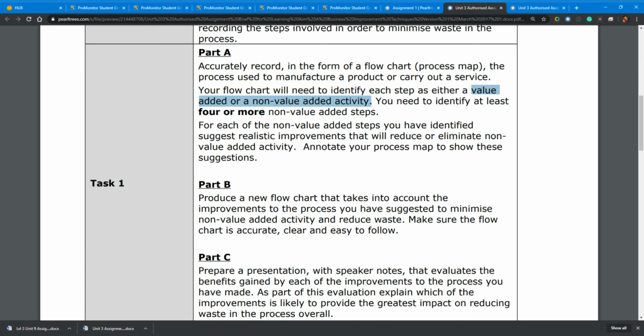So that's a value added task. So as an example, drilling a hole is a value added task. Bending the metal is a value added task. Using a press to press the metal into the shape you want would be a value added task. Okay, so that brings us on to our next thing, which is a non-value added activity. A non-value added activity is